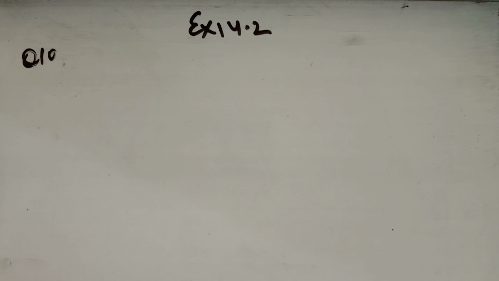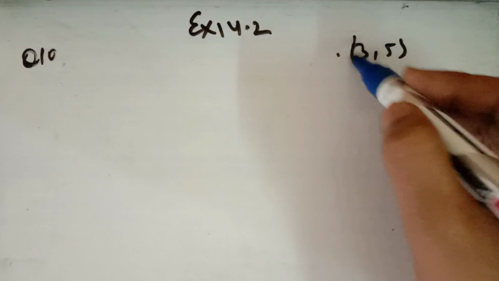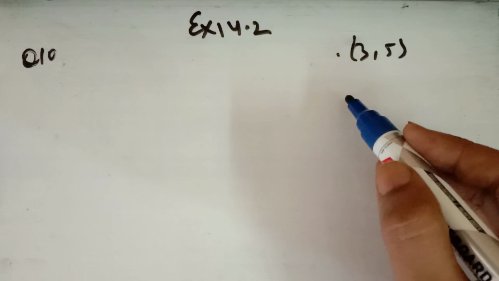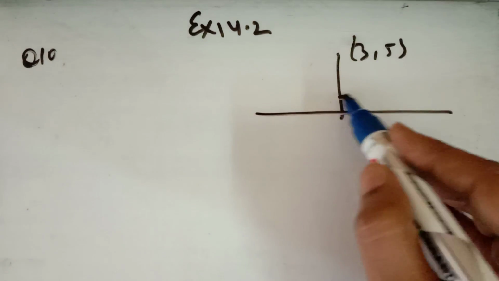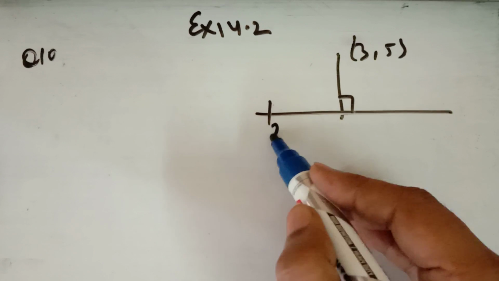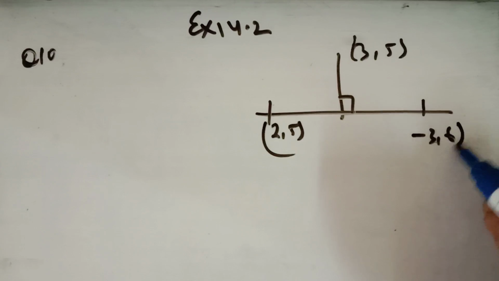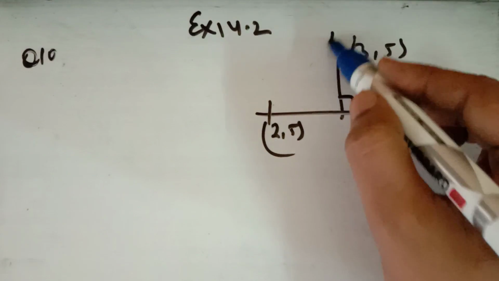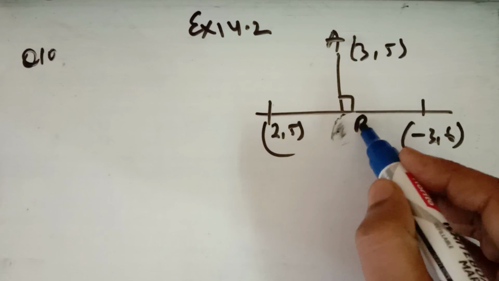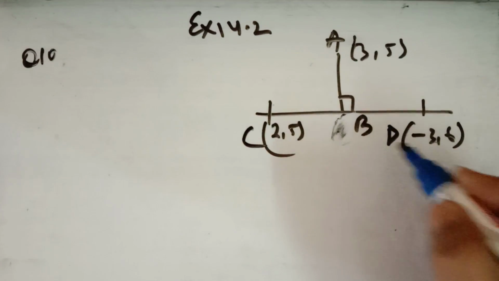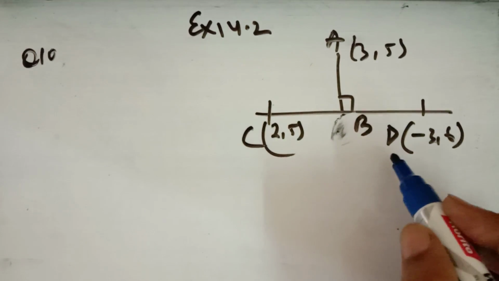You have to find the equation of the line passing through the point. You can draw the figure to have an idea about how you have to do the question, and which is perpendicular to the line passing through the points (2, 5) and (-3, 6). Now to find the equation of the line AB, which is perpendicular to the line CD, from the slope of the line CD, we can easily find the slope of the line AB.